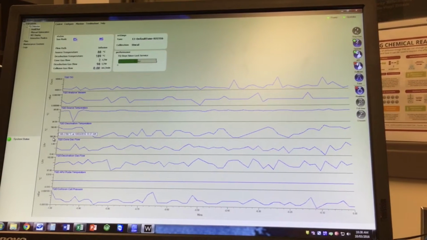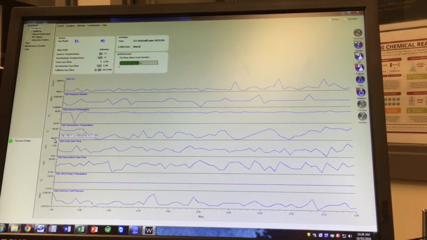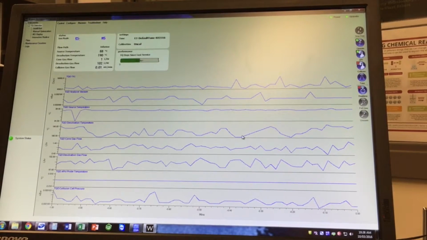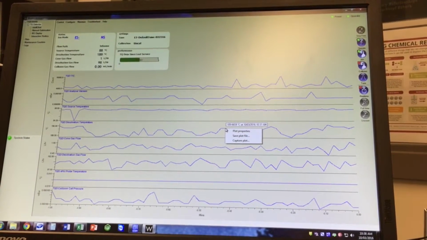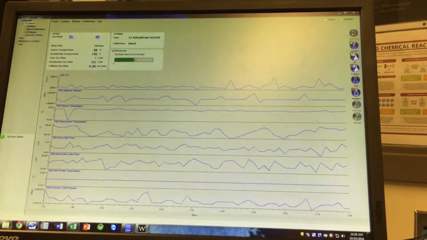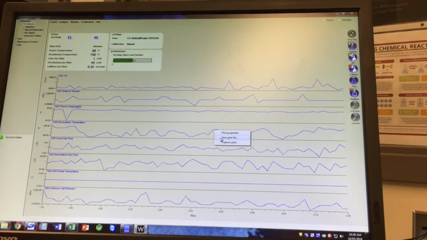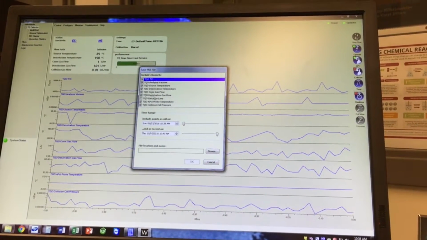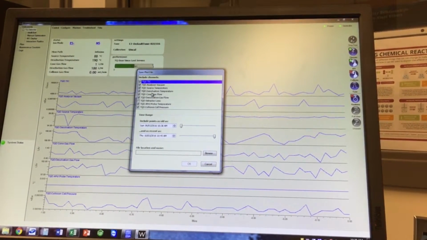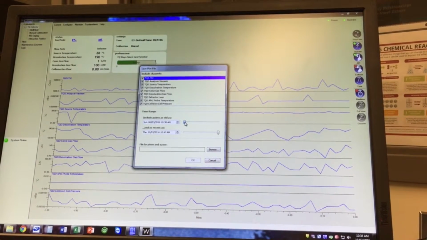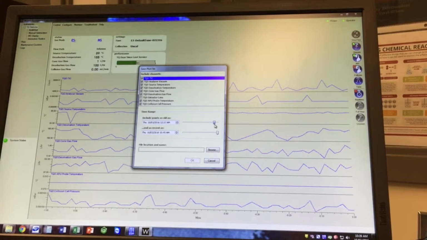These are some neat parameters that maybe I might want to save for my experiment later on and see how the instrument behaved itself over the course of a reaction. What I can do is right-click on it and either capture plot, which will just export it as a PNG, or I can right-click on this and save the plot file and actually extract the data. So I can select what channels I want to extract and also pick up to 4 days old worth of data. For this, I'm just going to extract, say,